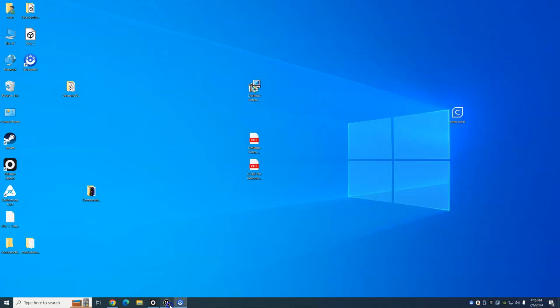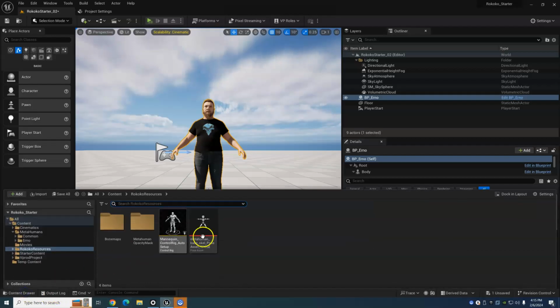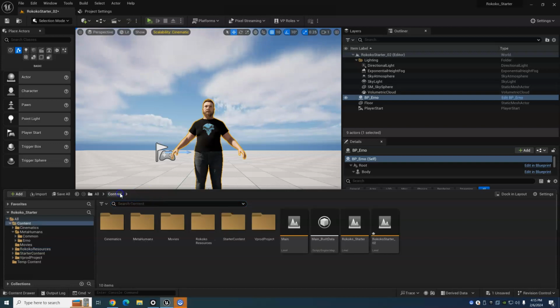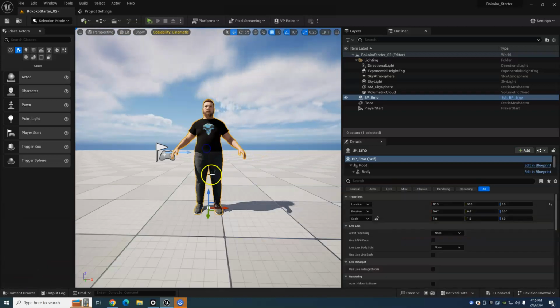Now, why is that? It's because of the way that these assets are accessed. They need to actually be brought in through the content of the engine package, not just imported. So it's just a weird little thing, but I'll have a link to where these resources are for you to download as well. All right, so we're in our Rokoko starter project,